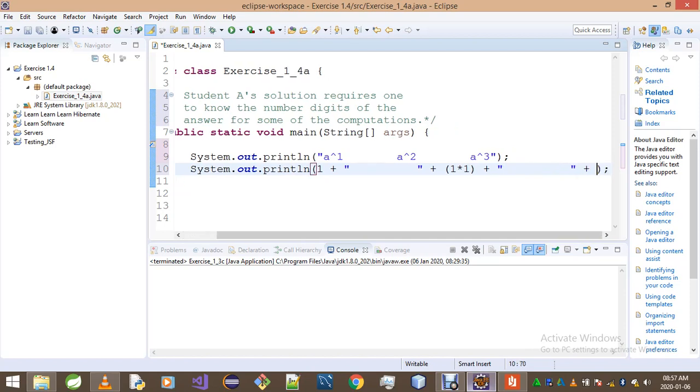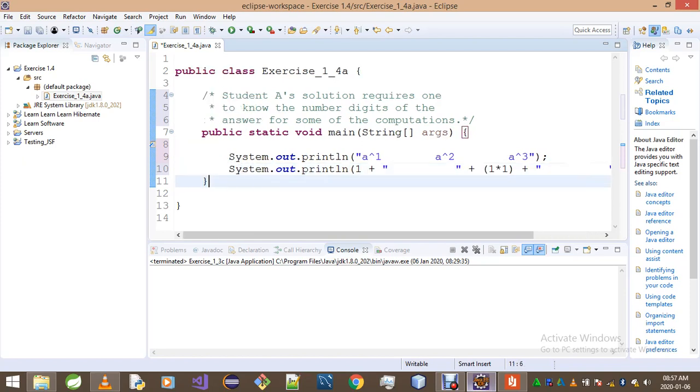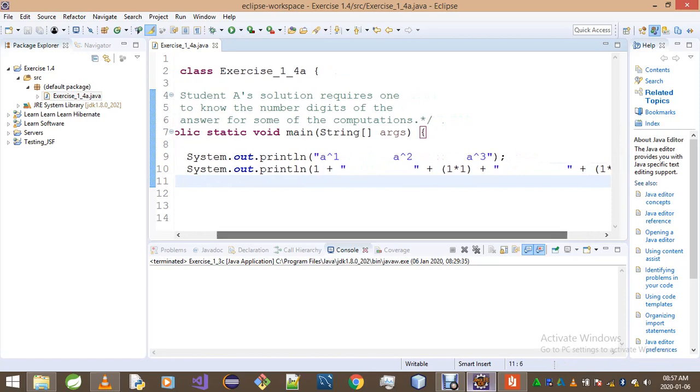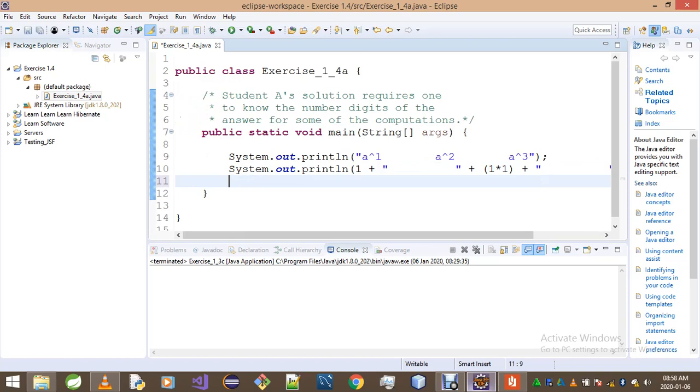1 multiplied by 1 multiplied by 1. Of course, since we do know that 1 multiplied by 1 to the exponent of anything is always going to be 1, you could have left out all this 1 multiplied by 1. You could have replaced it by 1, and this 1 multiplied by 1 multiplied by 1. So you could have replaced it with 1. But I personally prefer showing you guys the steps